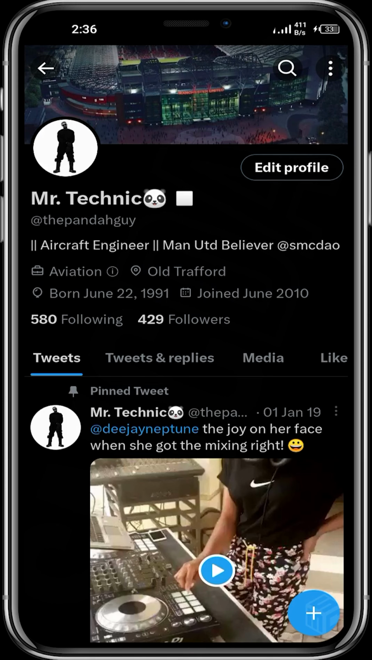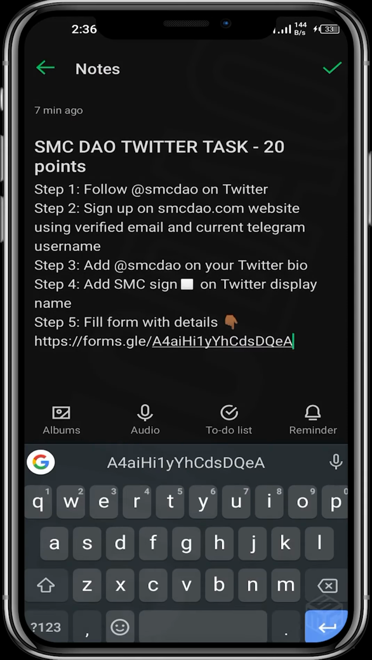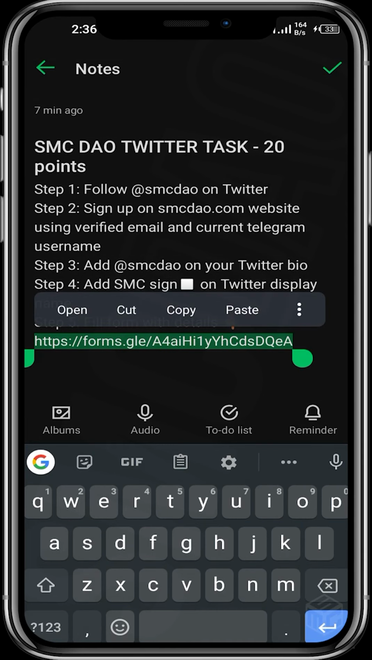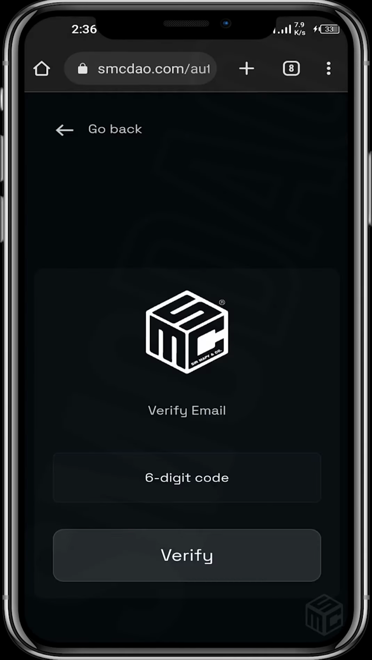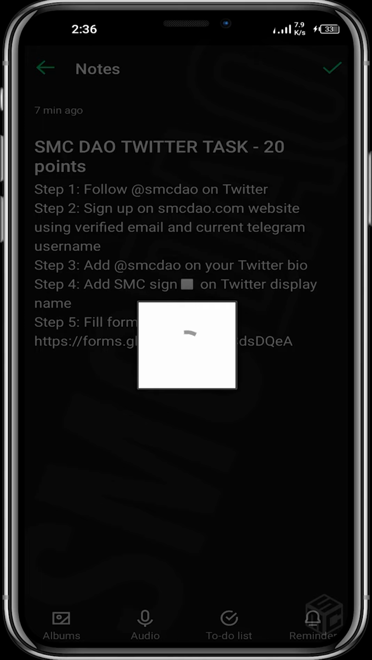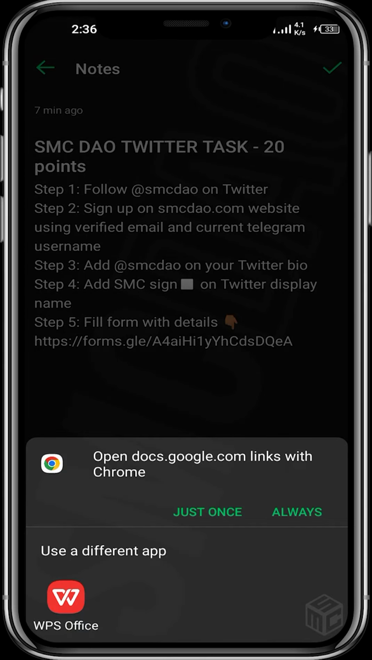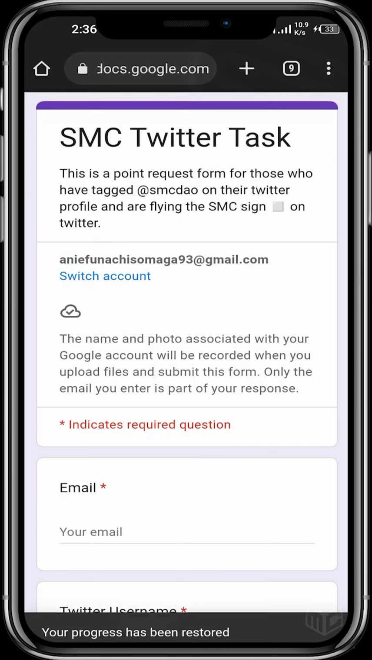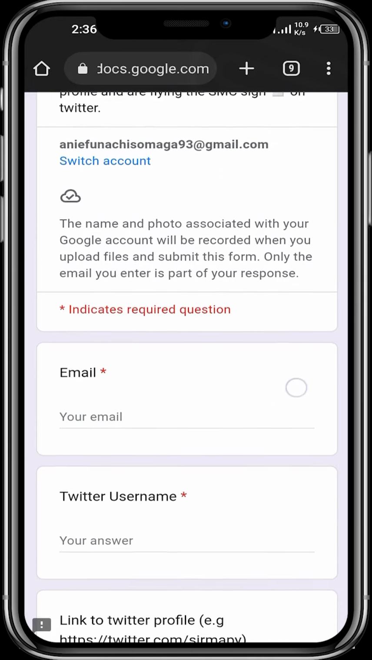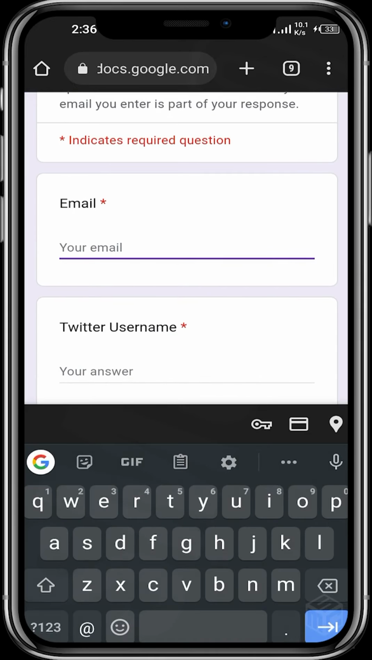The fifth step now is to fill a form. So this form, the link to the form will be inputted in the caption of this video. Okay, so this is the form link. So we have to fill this form with all the details that we've used so far. Okay, so let's wait for this form to open up. All right, okay, so I'm going to open up with my Google Chrome. Great, the form is up, and what we have to do is to fill in the email address we used in registering on the website, and I used